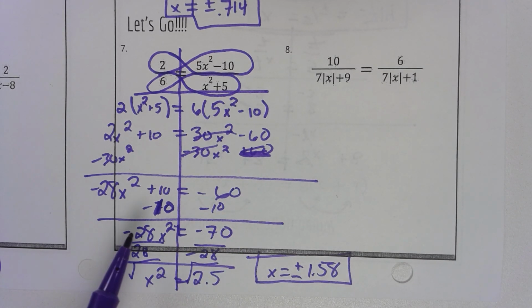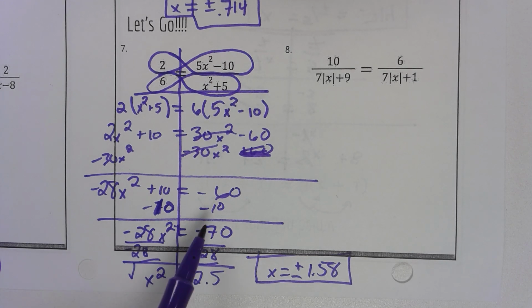Then I need to minus that 10 to the other side. When I minus 10 from 60, I get negative 70. And then I have negative 28x squared. So taking negative 70 and dividing by negative 28, that is a positive. You get 2.5. Taking the square root of 2.5 gives you plus or minus 1.58. Okay,